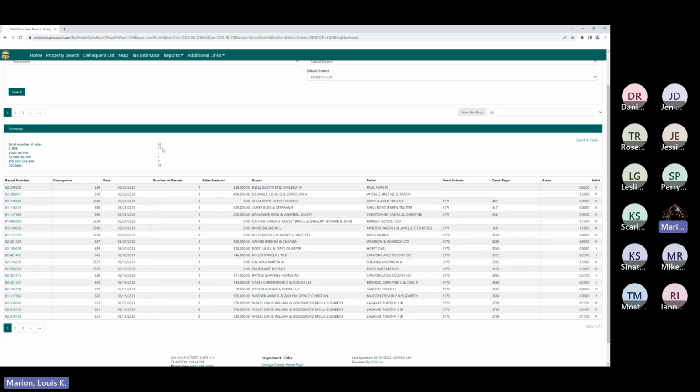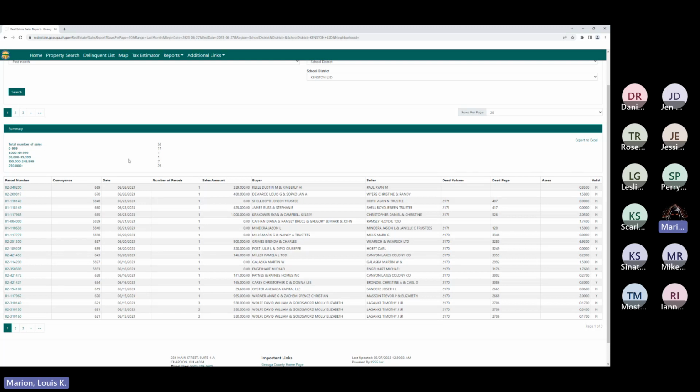These 0 to 99 are probably what they call tax exempt sales. So there would be no value to them really. They're probably all zeros if we went to look at them. Then here we have one that is between 1 and 50,000, one that's 50,000 to 100,000, and we've got 7 that are between 100 and 250, and we've got quite a few over